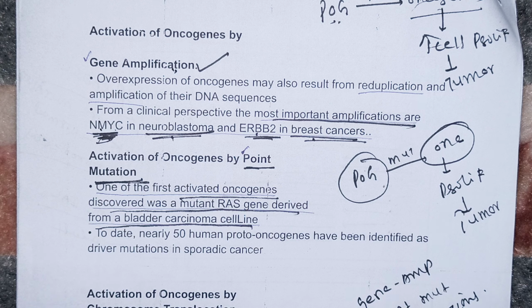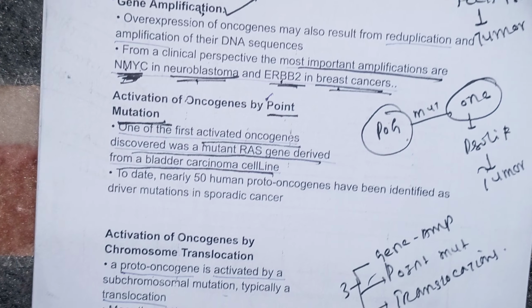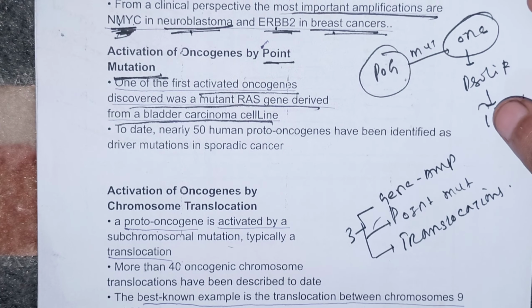This is for historical purpose and for your exam purpose. This can be a very good point, which proto-oncogene was first discovered, that yes, this is a proto-oncogene, mutation happened in it, and it became an oncogene. That was the RAS gene in bladder carcinoma. Alright. Alongside gene amplification and point mutation, there can be a role of chromosomal translocation